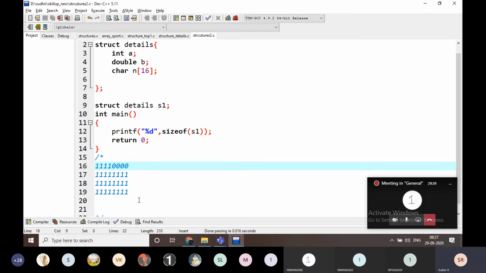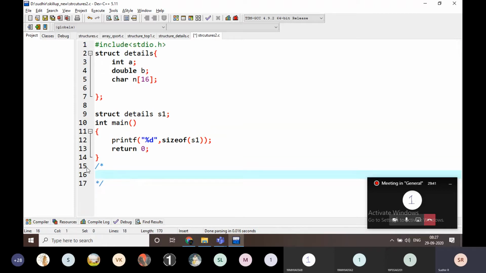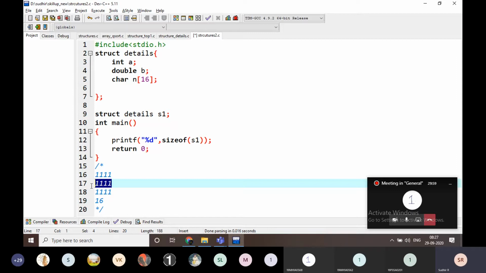We are thinking that the first one is 4 bytes and the double is going to take 8 bytes, and this is for 16 bytes. 16 plus 4 is 20, 20 plus 4 is 24, it is going to be 28. We are thinking like this.